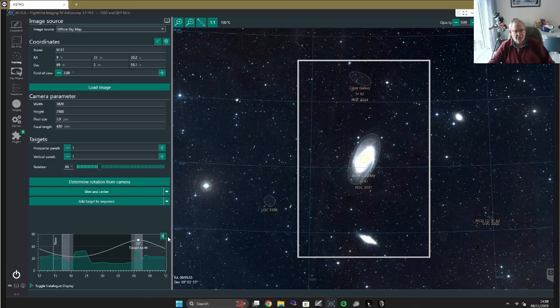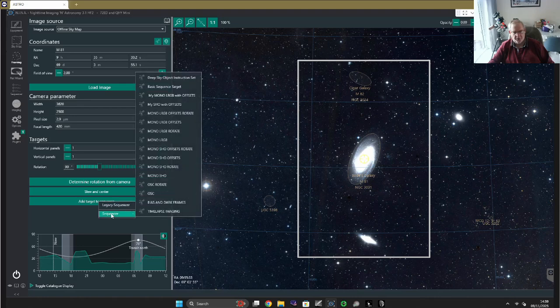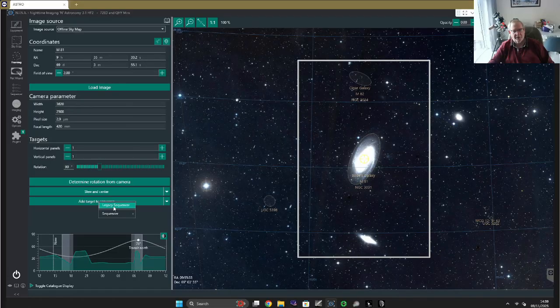Having acquired the image, the next thing to do is add it to a sequence of images. So if I hit add target to sequence, I'm only going to be using the legacy sequencer. The advanced sequencer I'm going to leave to a video of somebody who knows more about it than I do. I've only just started using the advanced sequencer, so I'm the wrong person to demonstrate it. So if we go into the legacy sequence,